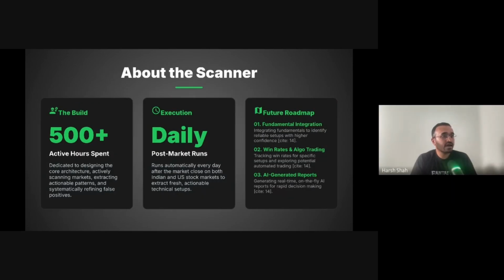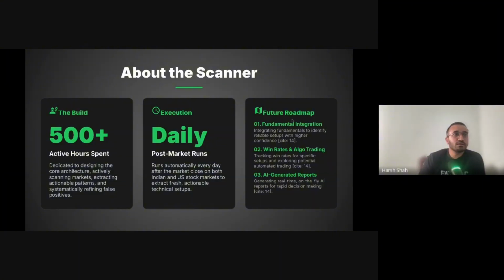Moving on, I think I already spent 500 hours just thinking about it. That's not counting all the work that AI did. It's just my personal hours that I've put into the scanner because I wanted it to be usable, and that has reduced my scan time by at least 10 to 15 hours per week, which I was spending, and I was missing a lot of things. Now, finding setups and taking trades has improved significantly. The scanner runs daily and weekly: after market close for daily updates, and weekly on Fridays.